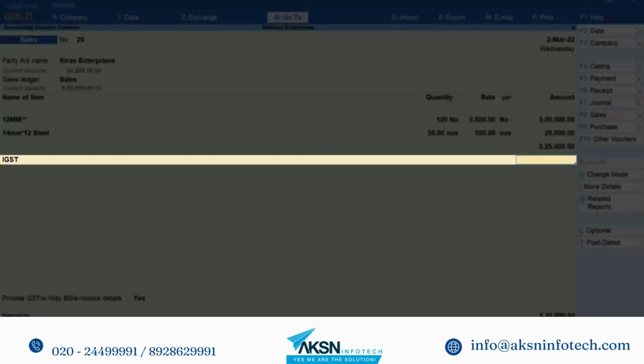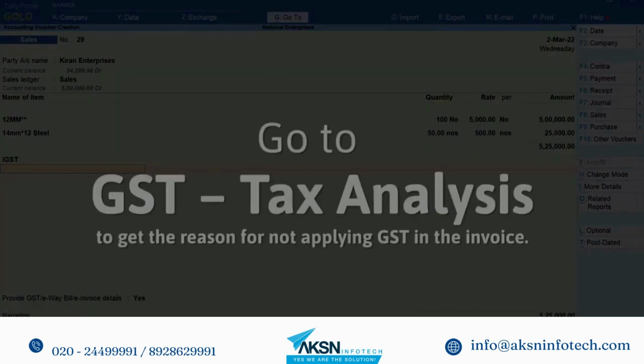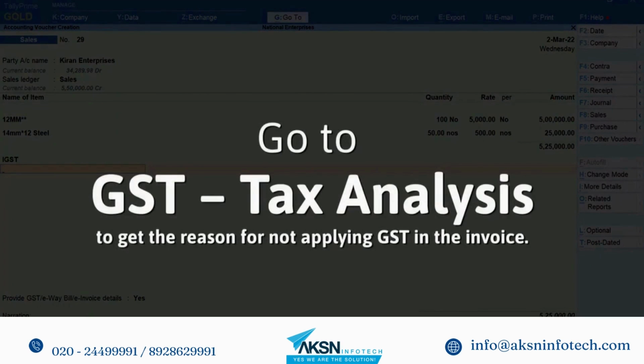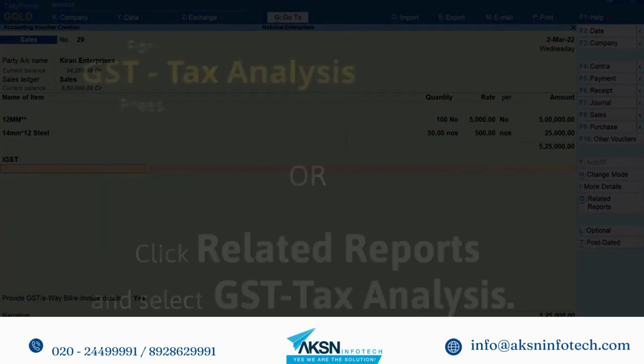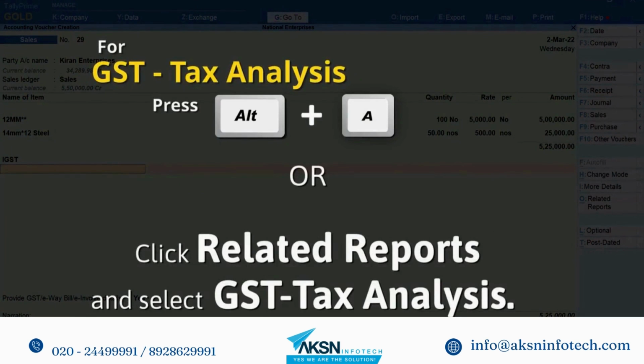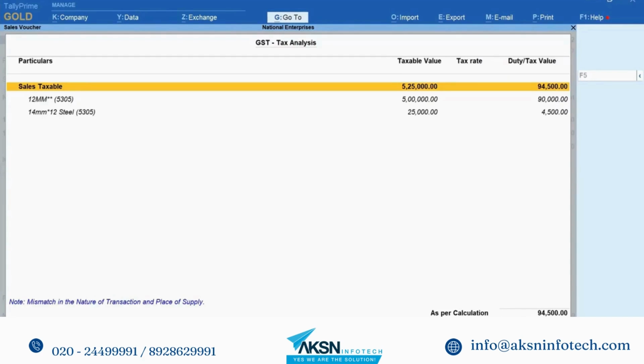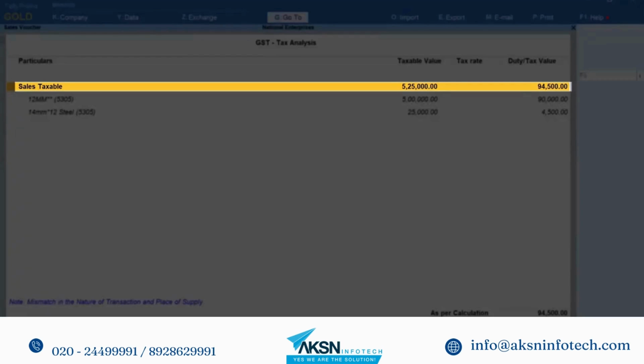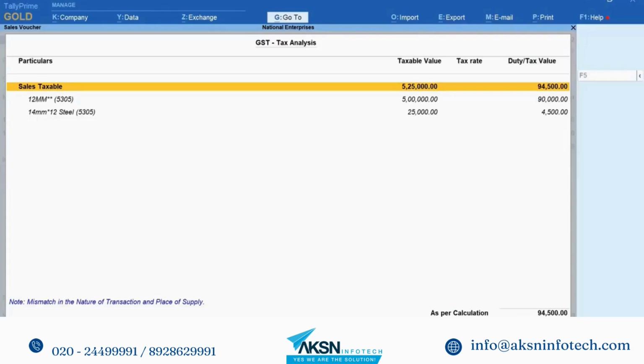कैलकुलेट नहीं हो पा रहा है। इनवॉइस में GST कैलकुलेट न होने का कारण जानने के लिए GST टैक्स एनालिसिस में जाएं। Alt-A दबाएं या रिलेटेड रिपोर्ट्स क्लिक करके GST टैक्स एनालिसिस खोलें। यहाँ आप देख सकते हैं टैली प्राइम इसे लोकल सेल्स सौदा मान रहा है क्योंकि सेल्स लेजर में नेचर ऑफ ट्रांजैक्शन सेल्स टैक्सेबल कॉन्फ़िगर किया है। अतः वाउचर में टैक्स कैलकुलेट नहीं हुआ है क्योंकि पार्टी का प्लेस ऑफ सप्लाई लोकल से इंटरस्टेट में बदल दिया गया है।